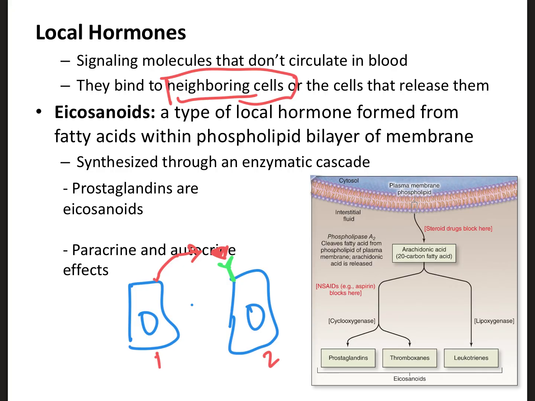An autocrine secretion is a little different. Let's say this cell number 1 produces a different hormone here. We call it a square. And it also actually expresses the receptor. So it produces the hormone, and the receptor is there, so it actually targets itself. That is what we call autocrine secretion.